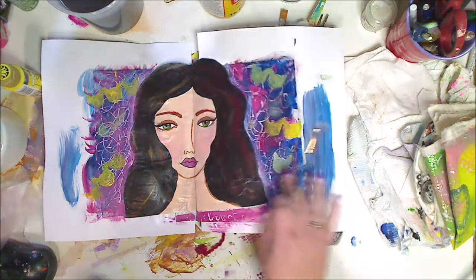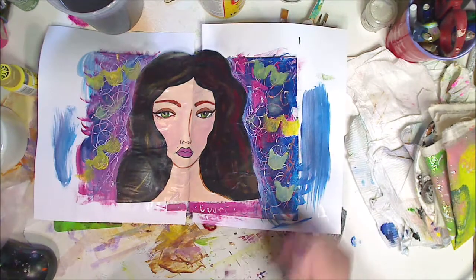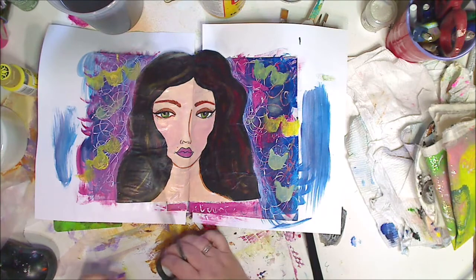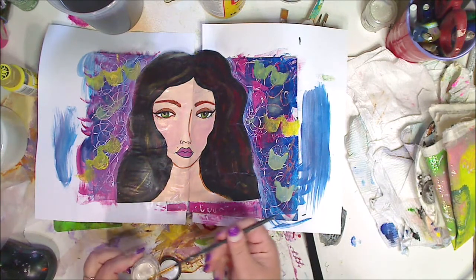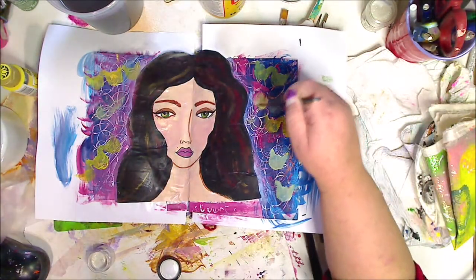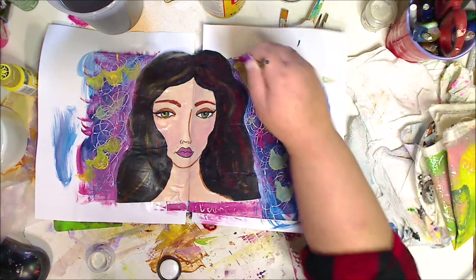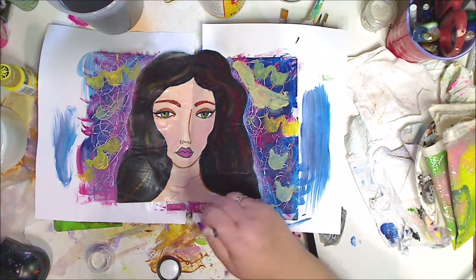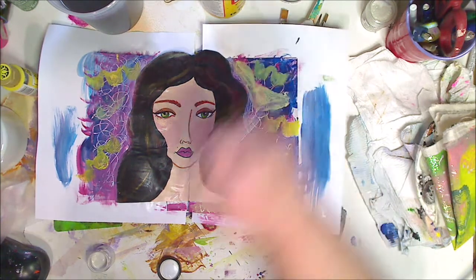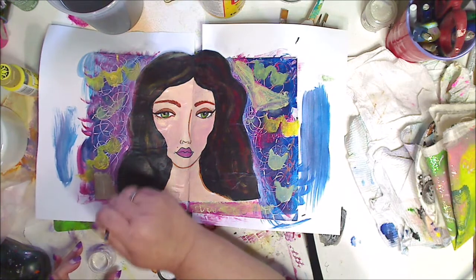You can't see much of it now, more on her face. It was in her hair and on her face. I'll have to touch up a little bit. You could see it like here and stuff. It's hard on the camera. But what I'm going to do is take some of this, wet my brush and just go in. And you'll see. I'll pull that off because I just want to add this beautiful gold